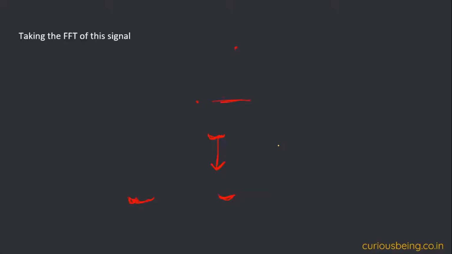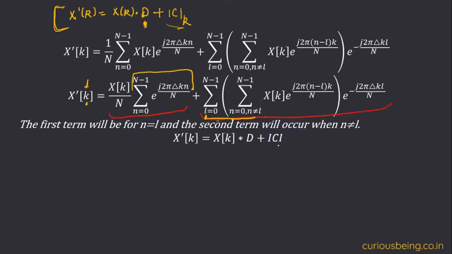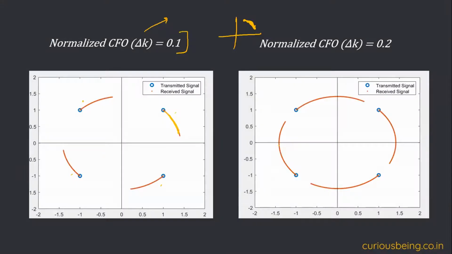So that particular constellation plot is for multiple samples. That's why, based on where my sample is, the phase shift will be less or more. So that's why we can see that for the blue point, there will be multiple instances of it with different phase shifts. While reading this particular plot, because in this case the CFO increases, the phase shift also increased. The maximum phase shift, or whatever you say.